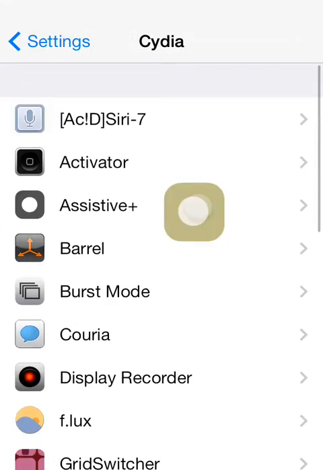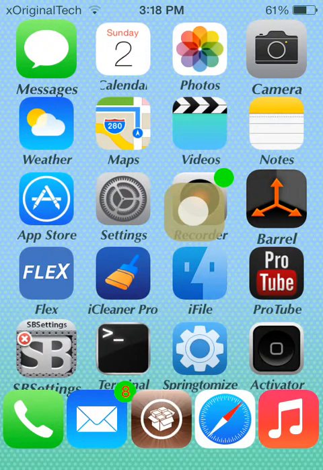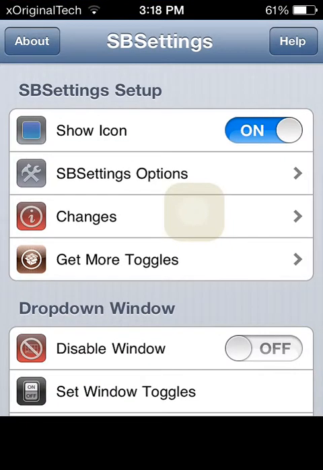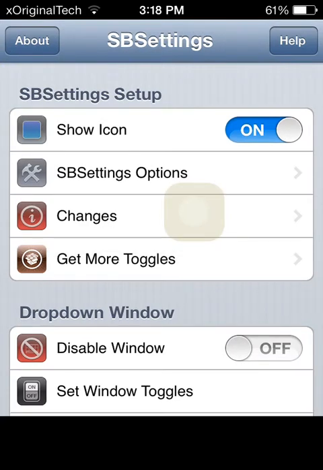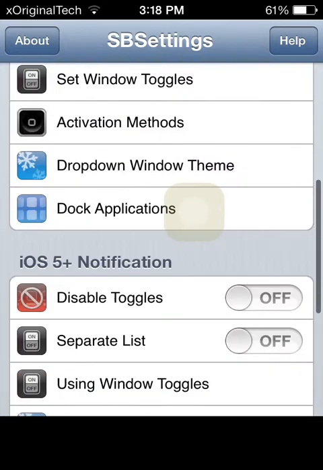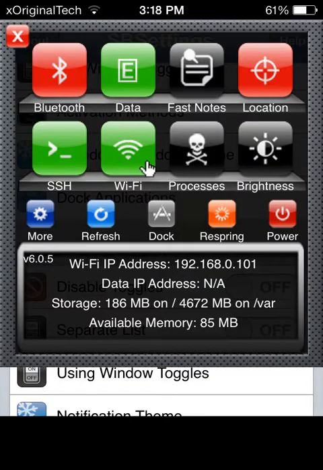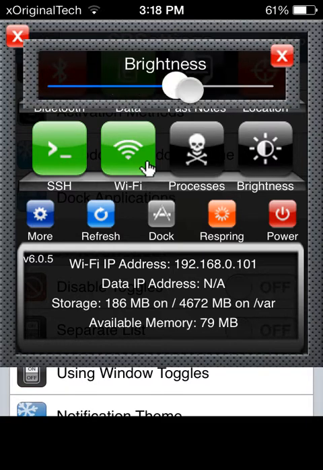If we go back to the home page, SB Settings, it's not really fully working. If you jailbroke before, you definitely know what this is. If you haven't, then you probably didn't get a lot of information about it, but it's really good. If I tap my status bar once, it comes up with this. It's kind of like a notification center, to be honest. You can change the brightness, turn Bluetooth on and off. If I click here, you can change the brightness,